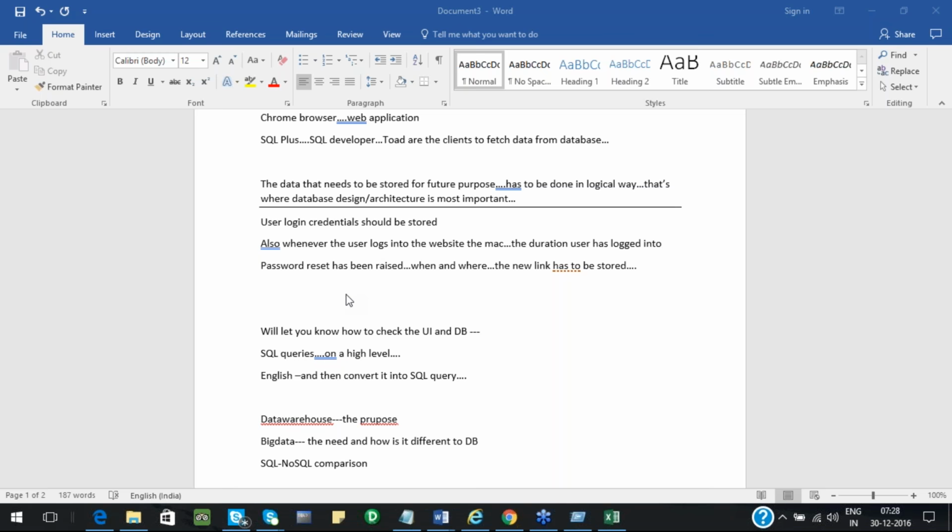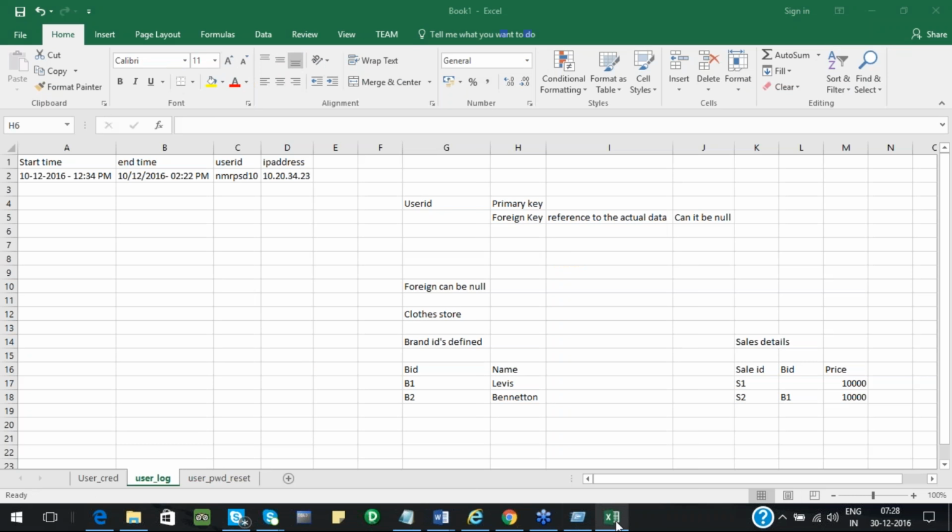No, no. Duplicate means, suppose in the case of brand ID, for example, I can sell multiple items of the same brand. So here my foreign key is having duplicate values.